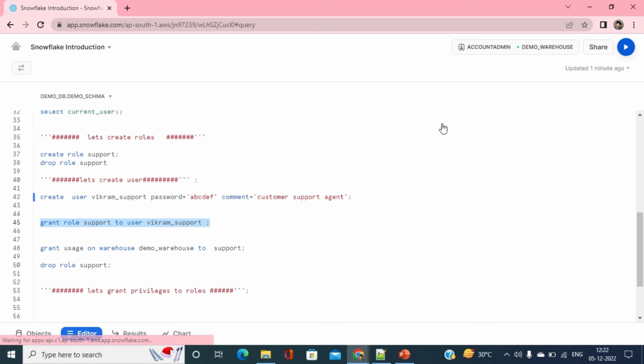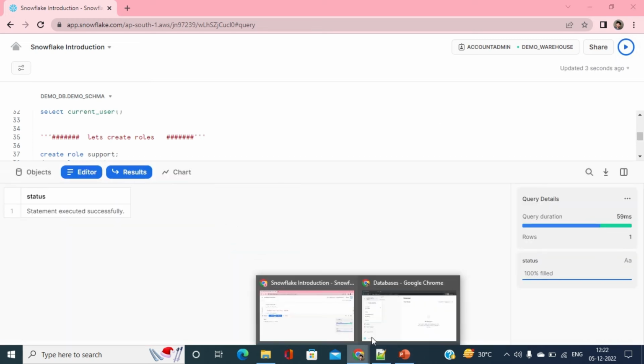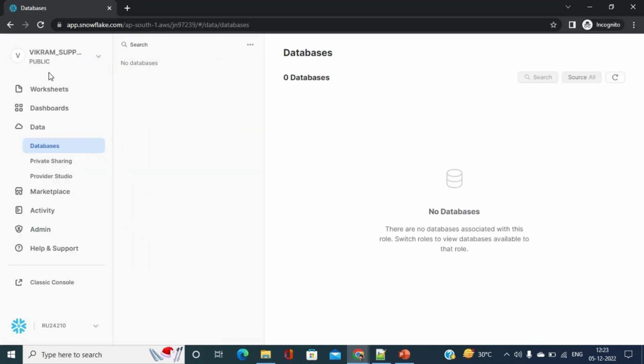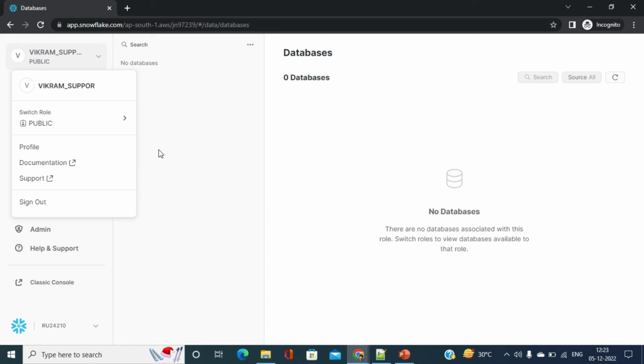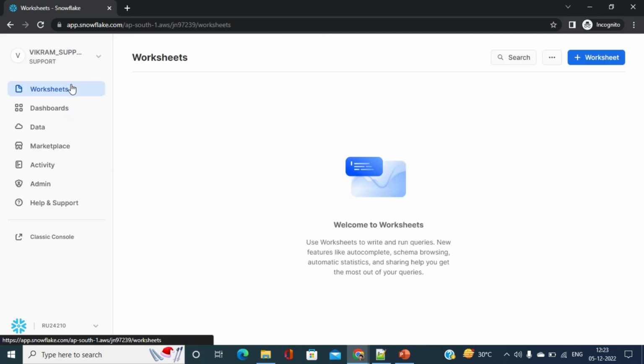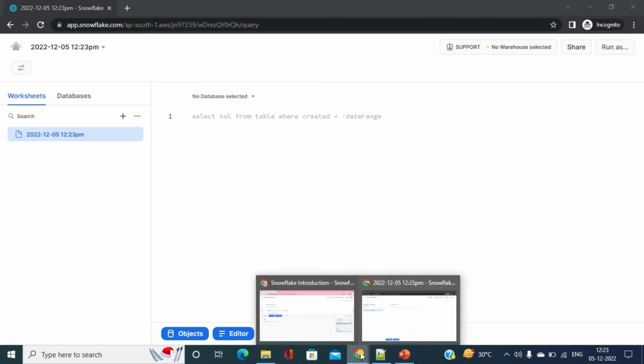Let's try to grant role support to the user Vikram support. Let's fire it. Let's try to refresh the tab. Yeah, I can see the support role, and let's open a worksheet. We can refresh over here in order to see all the things. So let's open the actual